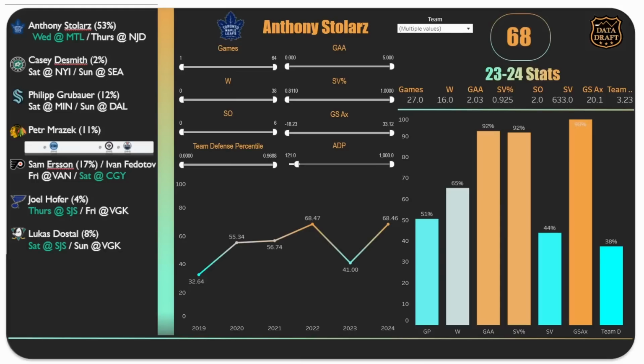So of the back-to-back teams, there are 9. You're looking at Toronto, St. Louis, Seattle, Chicago, Dallas, Edmonton, Tampa Bay, Anaheim, and Philadelphia. A couple of those guys you can see on the left. But then you also have a couple of starters that you can look at. I don't know if Samsonov's actually a starter, but Peter Mrazek is, and he should be rostered higher than 11%. So as we look at some of these guys, we'll start it off with Anthony Stolarz,